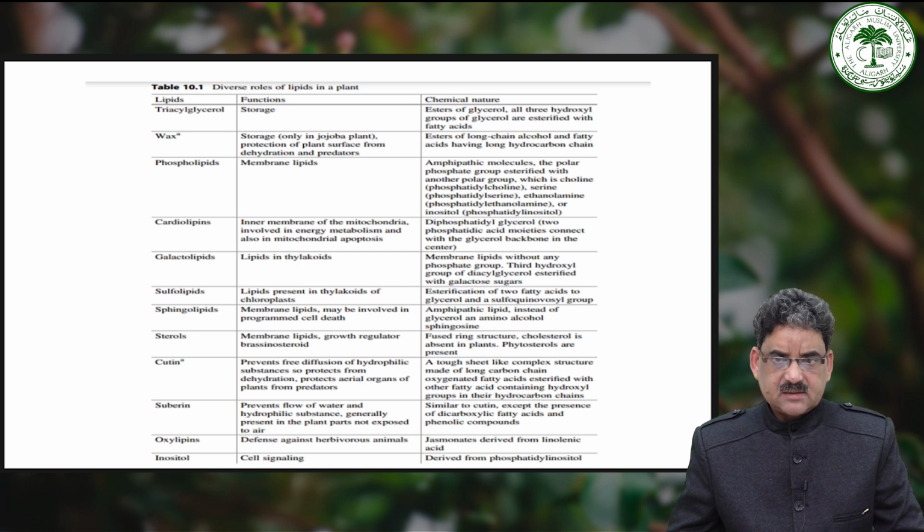The next one is the waxes, notably found in the jojoba plant, which function in storage and act as protective layers on plant surfaces, deterring dehydration and predators. The next one is the phospholipid, which is vital for membrane structure and is an amphipathic molecule with